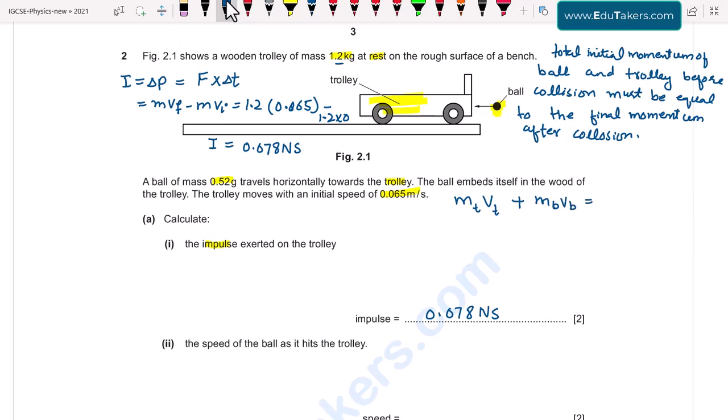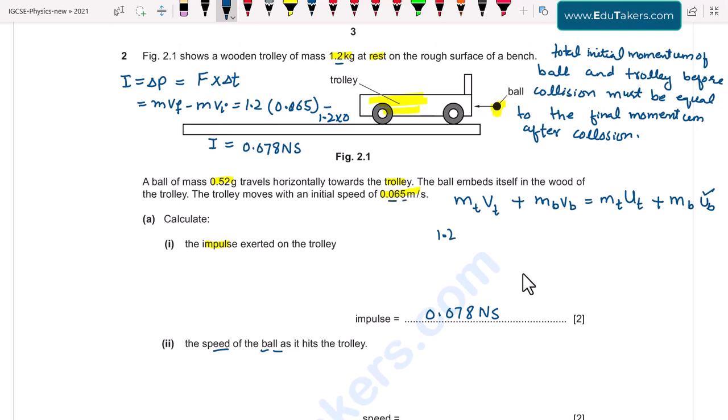So I write here mt and ut. The initial speed I represent with u, and the final speed I represent with v. So I add the momentum of ball, that is mb and ub. So here we have to calculate the speed of ball, and we have to calculate ub. So by separating ub and by putting values, mass of trolley is given, which is equal to 1.2,